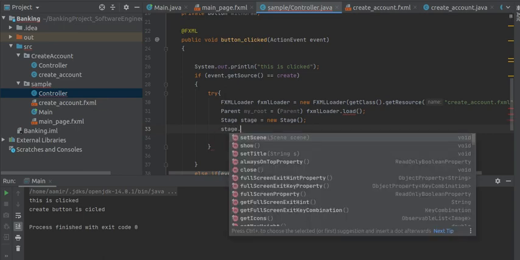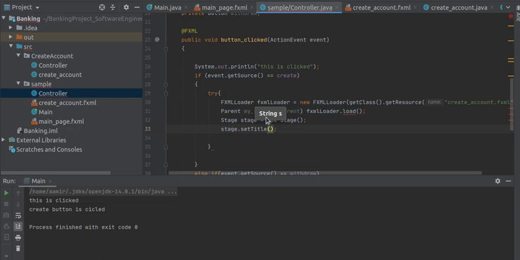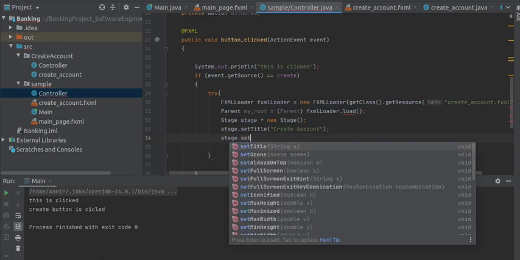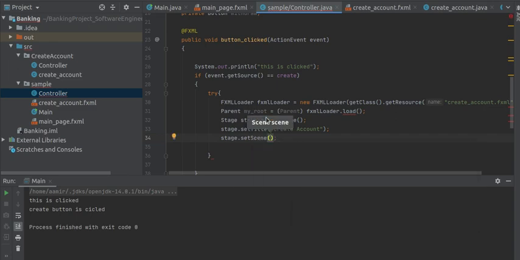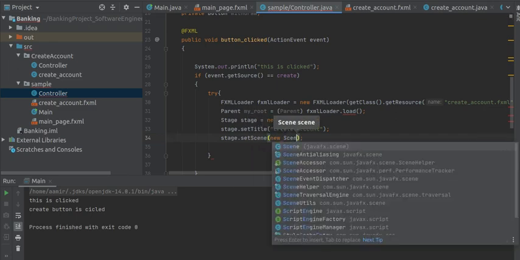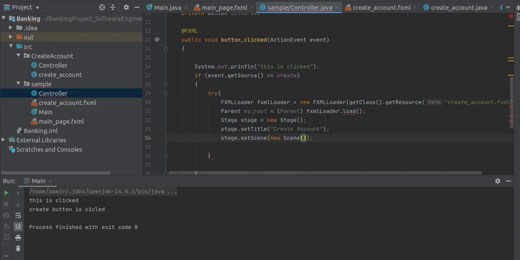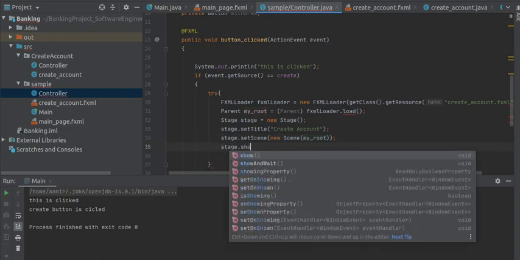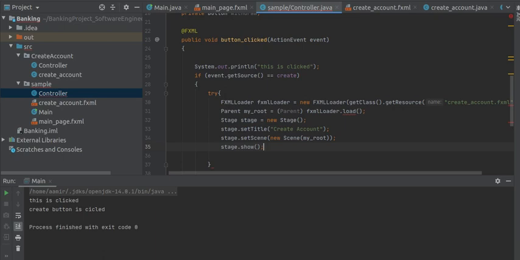Set title, and give the title create account. Now stage.setScene, and the scene is my root. In my case, my root is my object name. And now stage.show. This will show me the new stage.